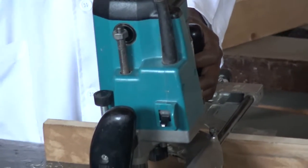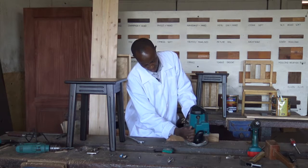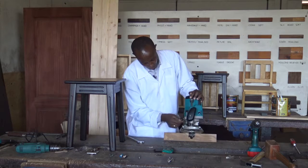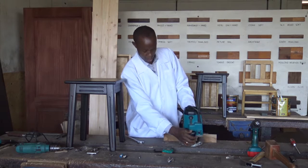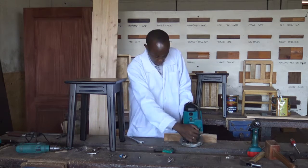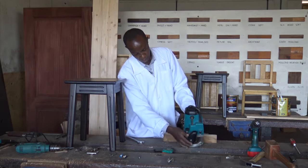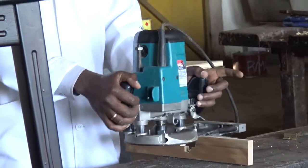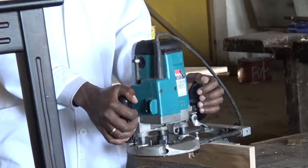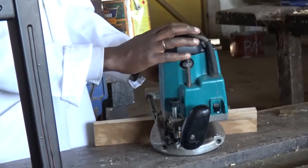So if I need to adjust 2 millimeters upwards, I'll just open this one a little bit to form a gap, 2 millimeters here, and then I will open here and then push it down. This one will get in contact with the other one, and then I'll be sure I have adjusted 2 millimeters on the router machine. So it's important to know all these controls, because you may have this machine and then